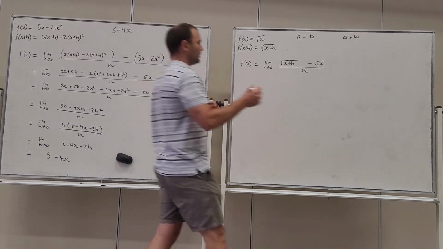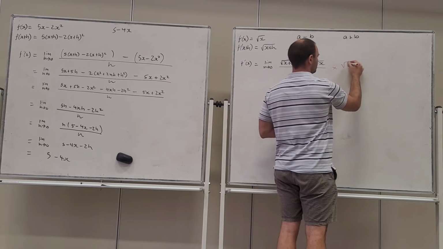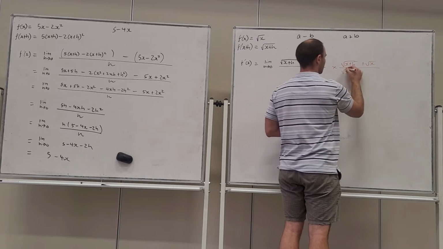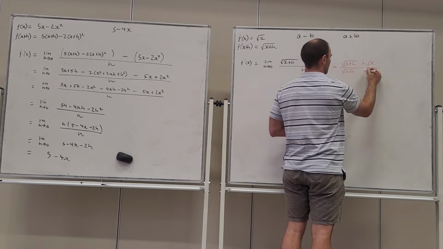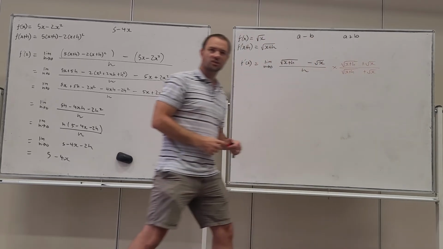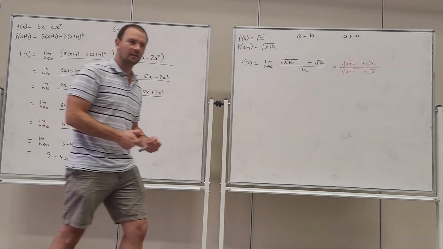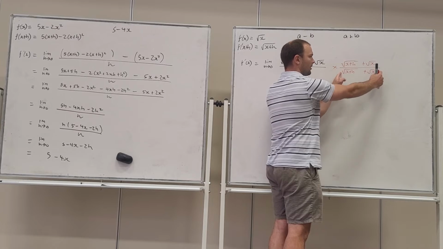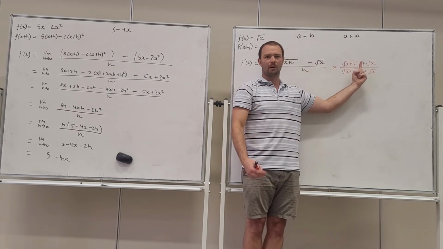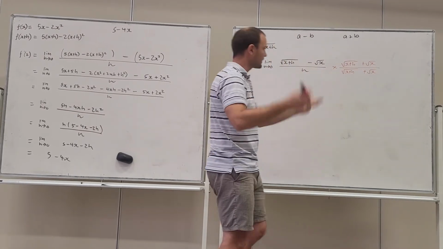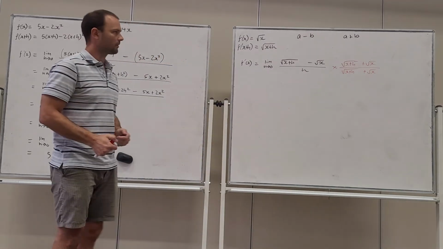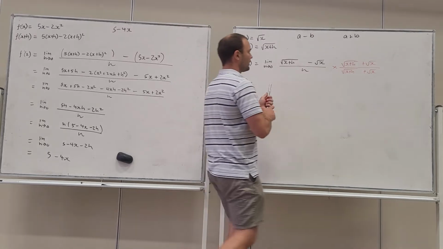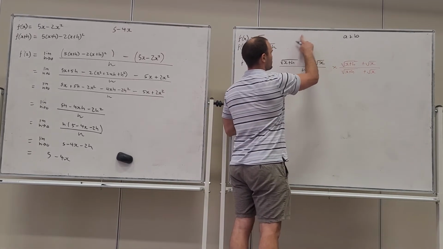I'm going to get my red marker to show you. So we're going to multiply this one by the conjugate over itself, so we're not changing the value of it. We're not doing anything illegal. Over here, this and this are the same, so that divided by that equals 1. We're multiplying it by 1, so we're not changing its value. That's a legitimate operation. And the reason this is clever, when we have the conjugate, is when we multiply conjugates of one another,